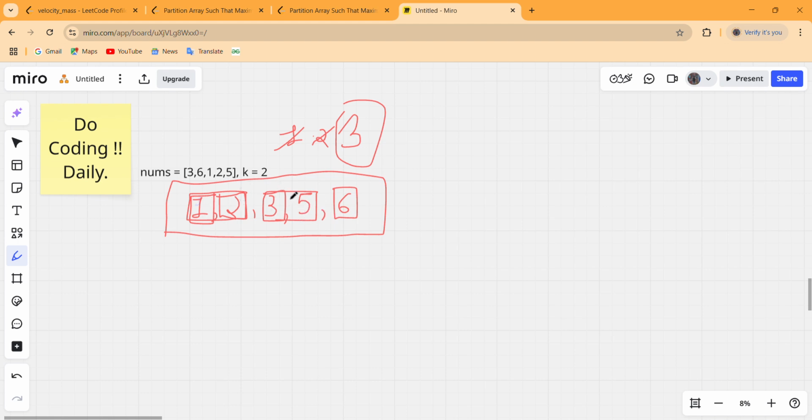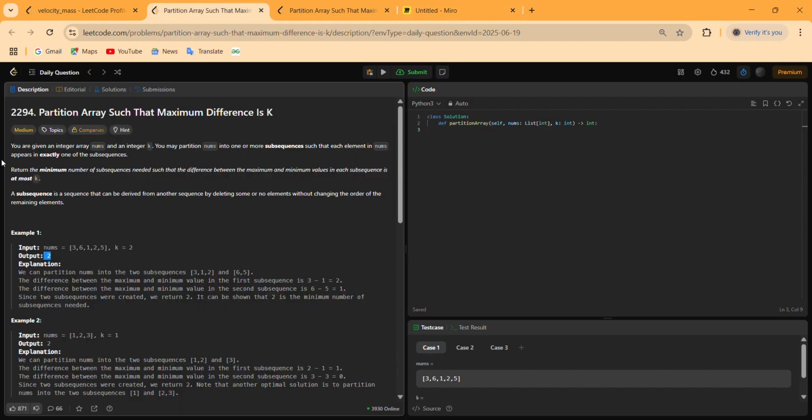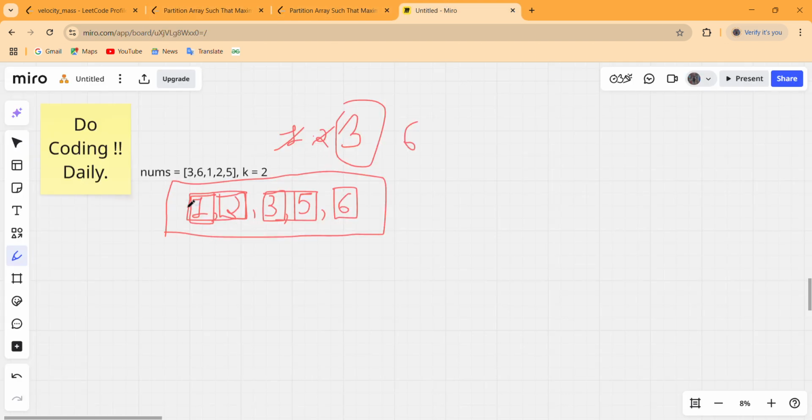If we group each single element together, then we can get 6 as our answer, but here we can see that we have to return the minimum number of subsequences. We only need the minimum number of subsequences, so we have to partition this array such that there is a minimum number of subsequences. So let us first erase all these previous partitions, and now try to partition the array